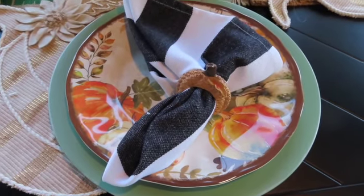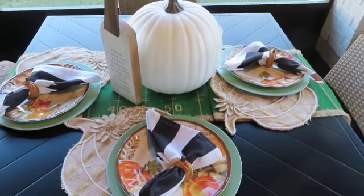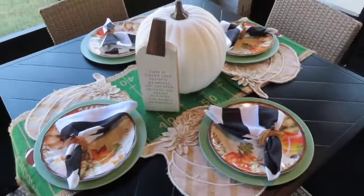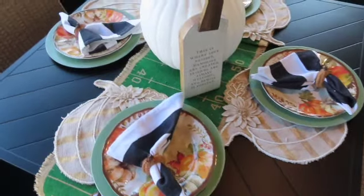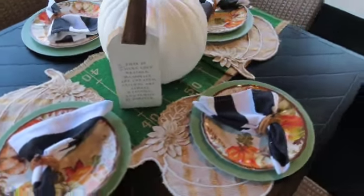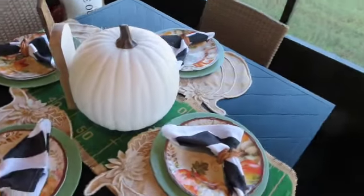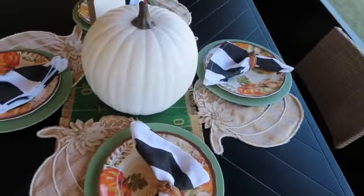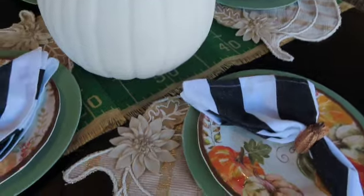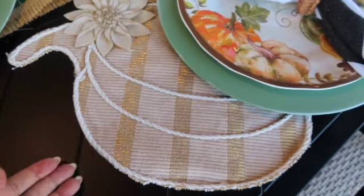So we have made it to the reveal, you guys. This is the first reveal. We have 2 reveals, okay? Because I wasn't satisfied. So this is what it looks like now, okay? I've added those black and white stripe napkins on there to reference football, the referees, y'all, because y'all know they wear black and white. So I thought I would throw that in there, but it's kind of throwing me off a little bit. And the reason being is because I tell y'all all the time, repetition is important when styling, right? So I have these black and white striped napkins, but